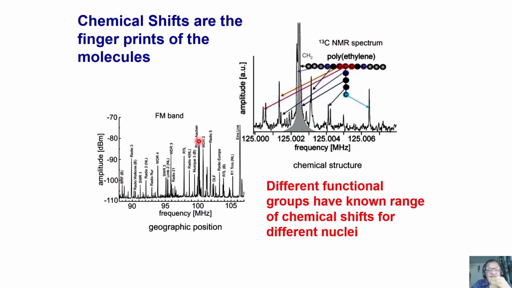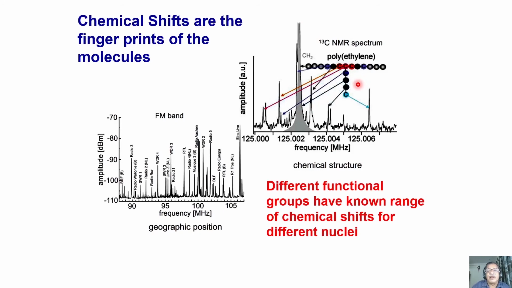Now I want to understand, if there is a peak here, what does it say? If there is a peak here, what does it say? This is a picture taken from the book of Bernhard Blümich, where it says, for example, each frequency corresponds to a radio frequency, like the FM band. As I said, NMR comes with radio frequency. Let us say it is one of the radio frequencies corresponding to a particular radio station. This peak corresponds to a particular radio station. So each peak which is coming in different regions of the spectrum has some meaning.